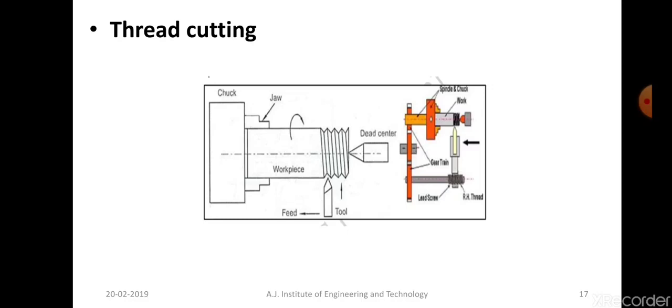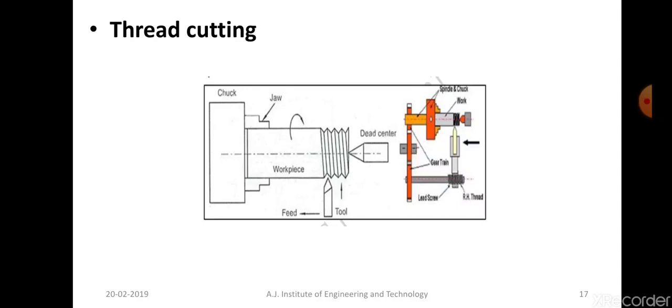How is this done? You cannot do it as in the case of turning. In turning, the speed of the workpiece and the movement of the tool need not be standard. Even though the tool needs to move in a proper way to get a proper finish, the workpiece will usually be rotating at a high speed and the tool will generally be moved by the operator by hand.